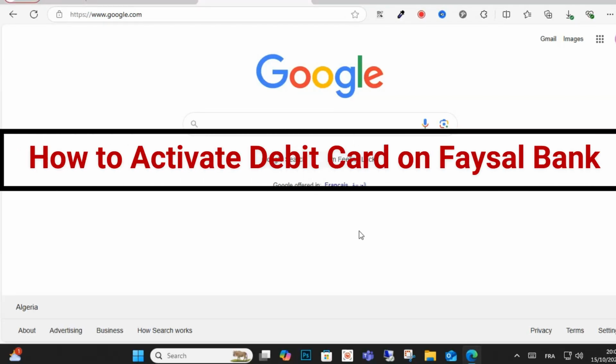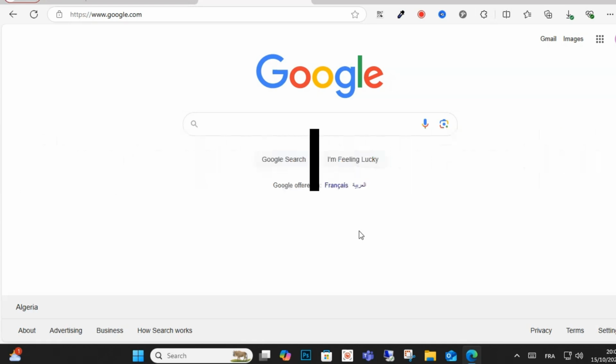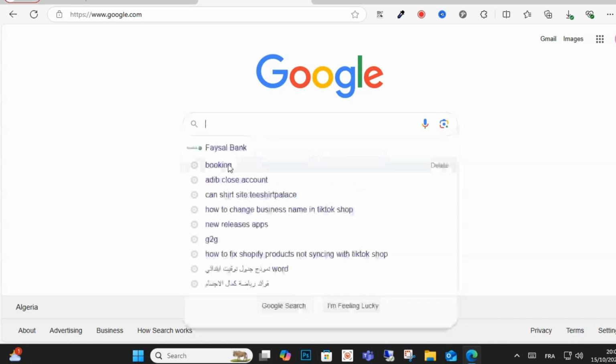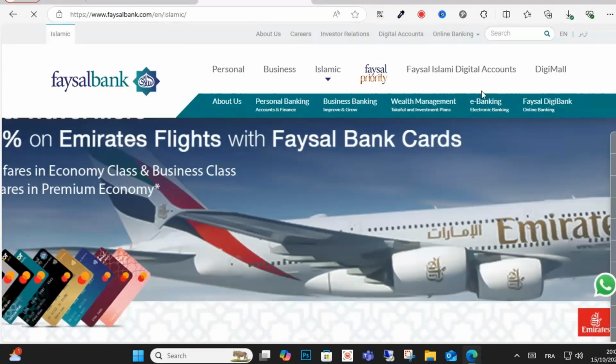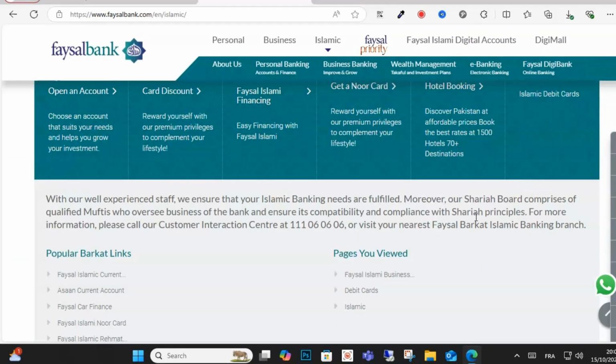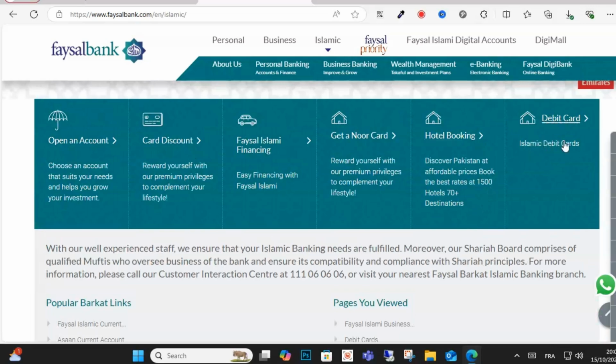And in this quick video I will show you how to activate a debit card on Faysal Bank. So guys, go to Google and search for Faysal Bank, as you can see here, and click this website, the official website. After that guys, wait for this website to load and scroll down a little bit and you find this option,